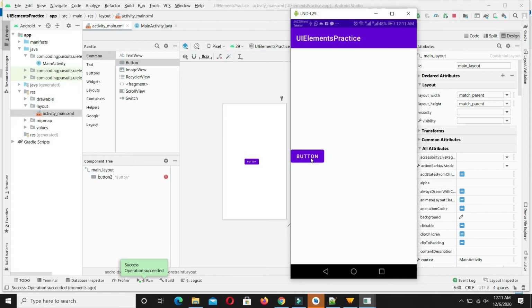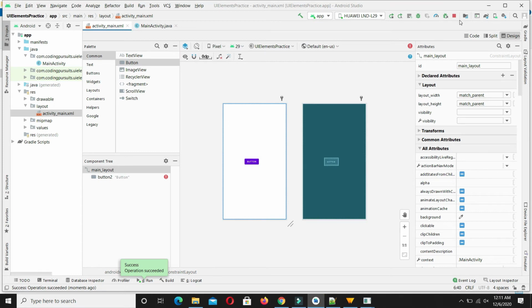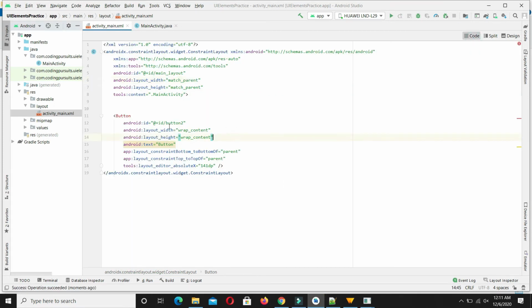So now we will learn a way to remove this button dynamically with the help of code. For this, let's see the ID of the button. This is button 2.